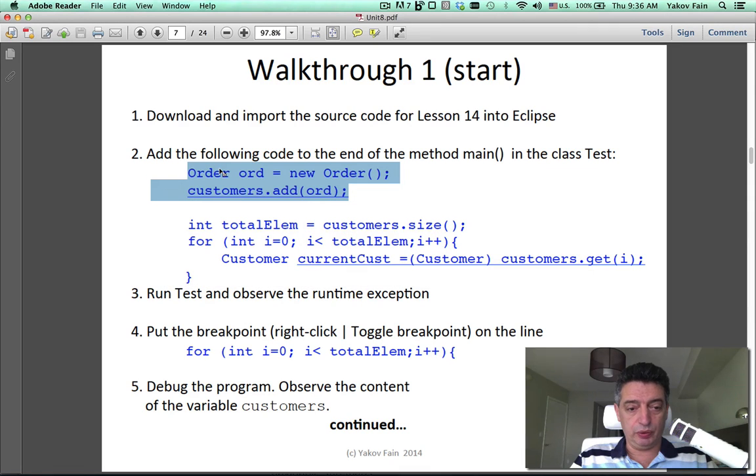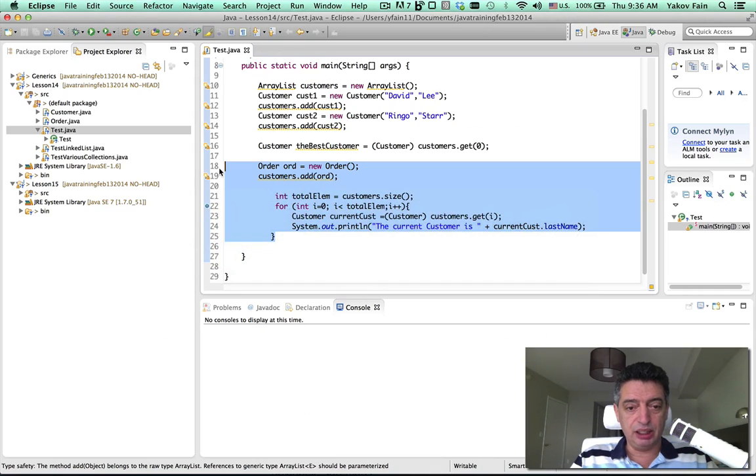Okay, now, what do I want you to see? Step number 3, I want to run it, so you will see an exception. Check this out. We have 2 customers in here. Line 11, it's David Lee, and line 13 is Ringo Starr. And then in line